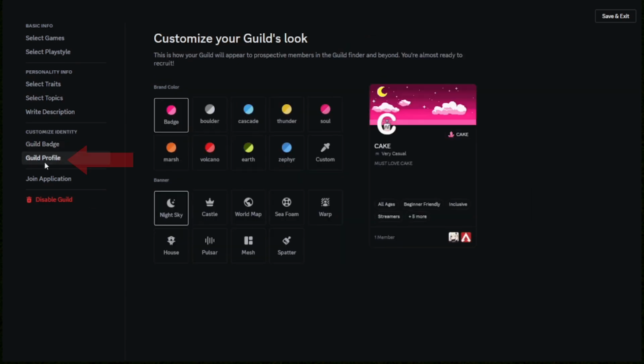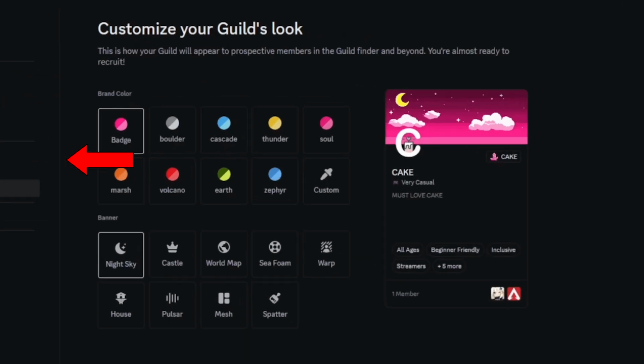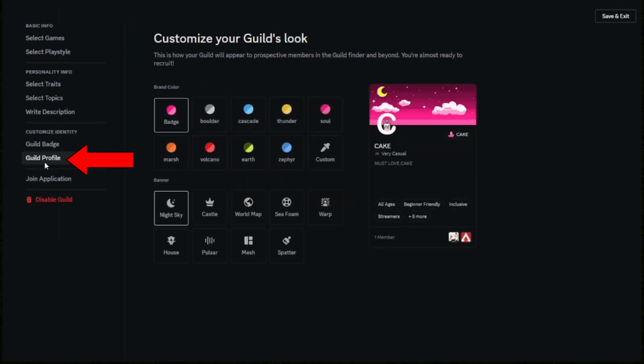And finally, we've got guild profile. Now, guild profile is actually more like server roles, where you can actually choose badges and actually just show what people's rank is in this server, whether it be a god, an okay person, or just a casual player on this guild server. Now, when you've done that, you can actually just go to the join application option and you